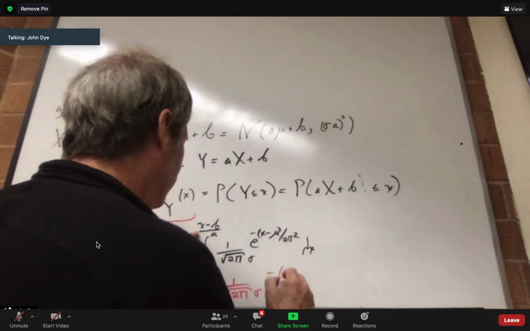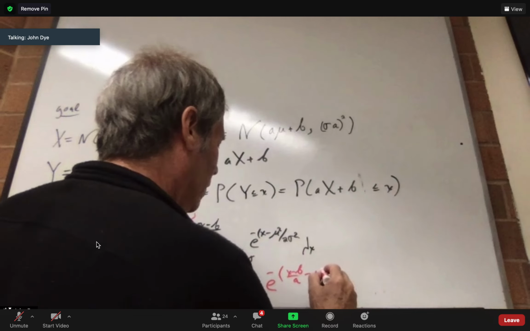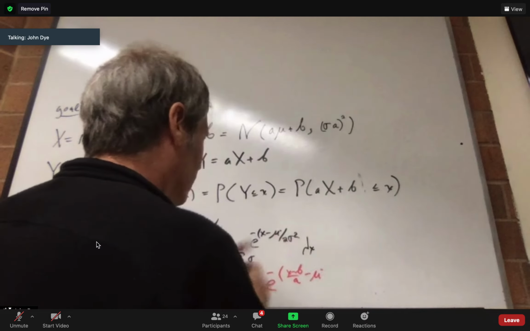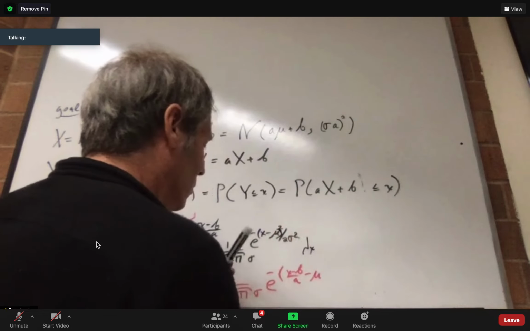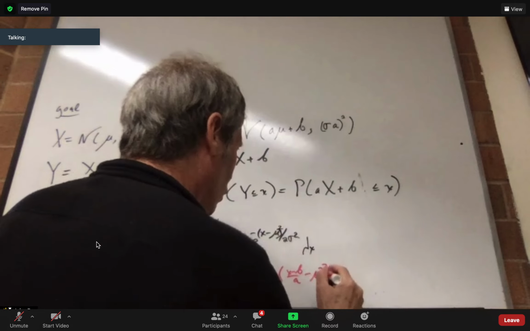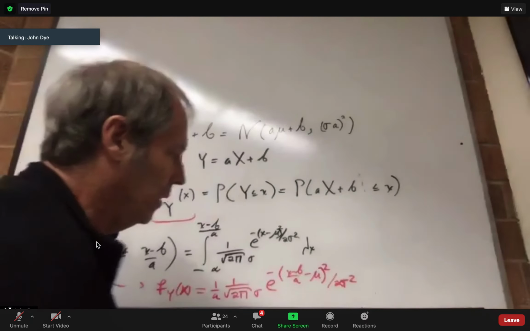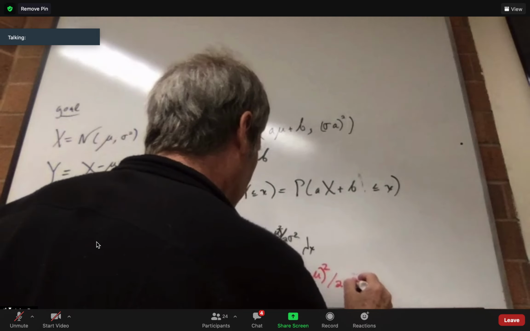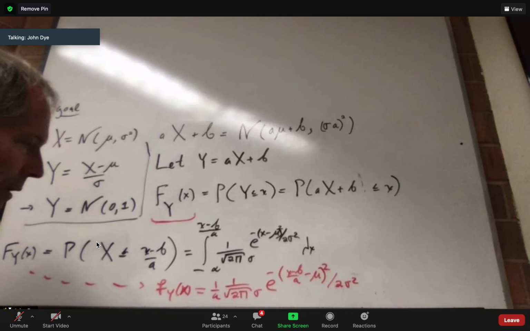So e to the minus x minus b over a minus mu squared, x minus mu squared over 2 sigma squared. I'm sorry, it's just very hard to write this with the restrictions I have in terms of space. Okay, so everything is here, even though it looks crowded. So. Right. And so,